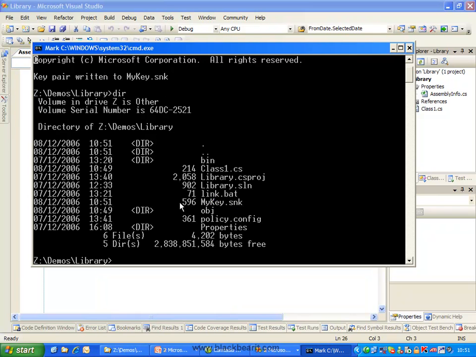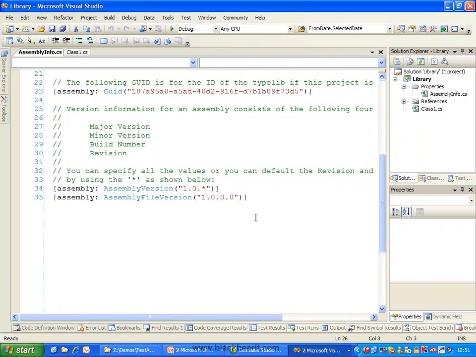You can see the key inside here. Yes, in Visual Studio 2005 there are other ways of doing this, but this is the one that works for both 2003 and 2005. We now need to change the version number to something explicit ourselves, which we're going to do by setting it to a 0. And now we need to add in